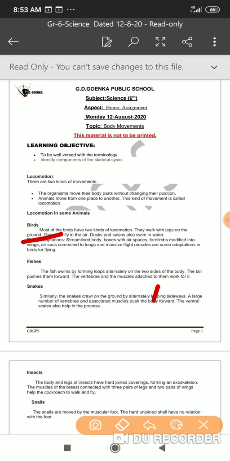Other than that, there is one more modification, that the breastbones help them to beat their wings during the flight, right? So breastbones are basically helping them to beat the wings, which helps to keep them in a flying zone, right? That's what actually is the work of the breastbone of particularly a bird. Birds also have special bones and muscles in their hind limbs that help them for hopping and perching. These are some of the adaptations, characteristic features of birds that help them to carry out their locomotion, right? And this special type of movement or locomotion that is made by the bird is known as its